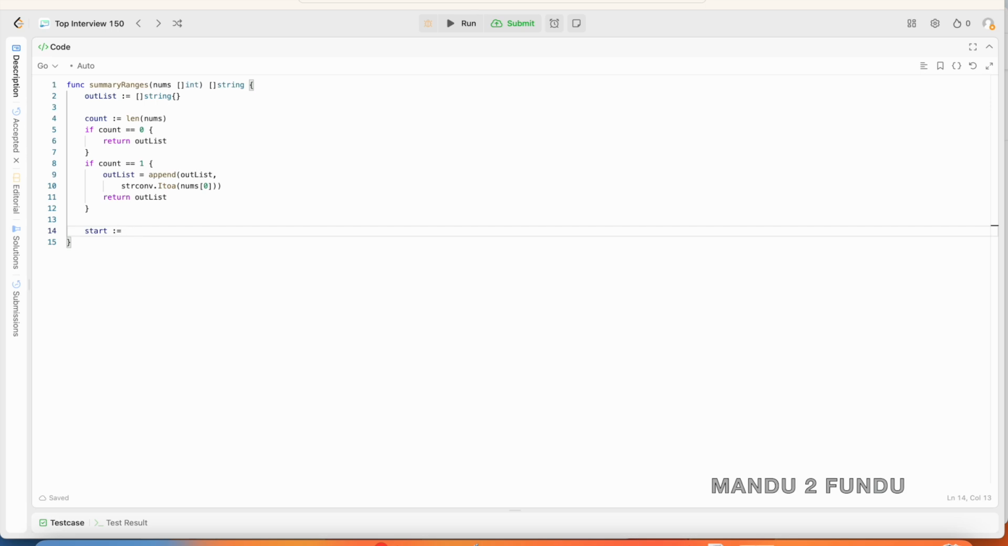Then I initialize the start and the end pointer of the current range to 0. Basically it is both pointing to the first element of the array. Then I start the for loop, which processes the element from the index 1 to the end of the array. In each iteration I compute the difference between the current element pointed by the IDX and its previous element, and